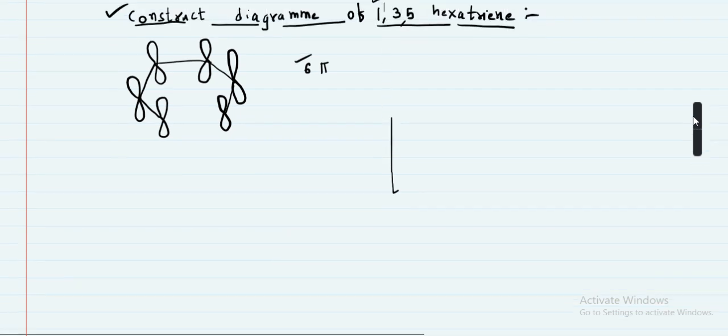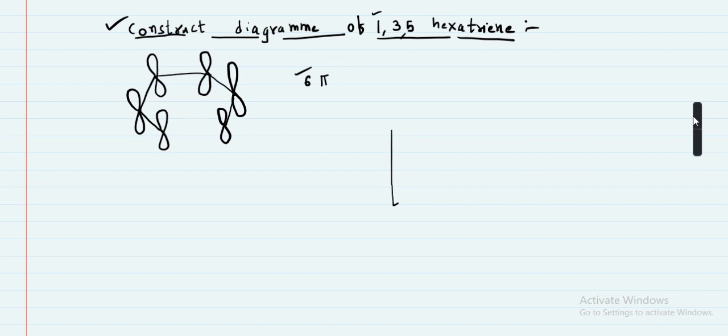In a hexatriene molecule, the hexatriene molecule looks like that. Such a molecule is 1,3,5 hexatriene. At the 1 position a double bond starts, at the 3 position a double bond starts, and at the 5th position a double bond starts. Therefore 1,3,5 hexatriene has 3 double bonds. In this case, the first p orbital, second, third, fourth, fifth and sixth are already shown. Therefore there are 6 p orbitals.